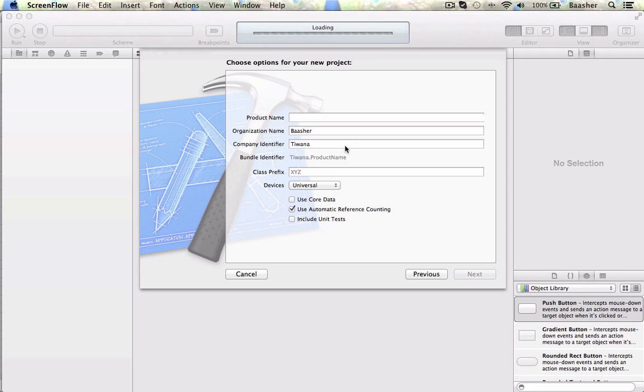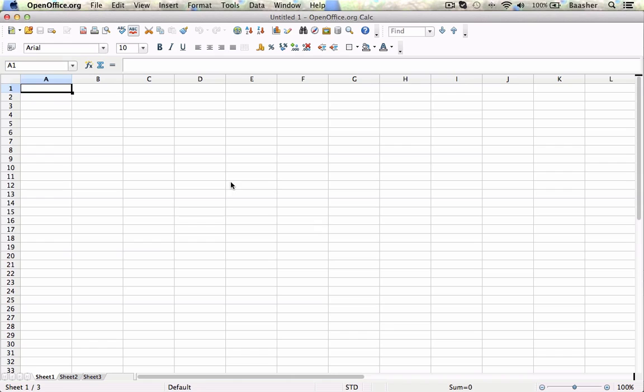So basically, use Core Data. In one of the templates, we'll come back after we discuss concepts, use this option when creating a new project: Use Core Data. It'll put in the infrastructure for us to use it. So right now I'm going to start with a spreadsheet